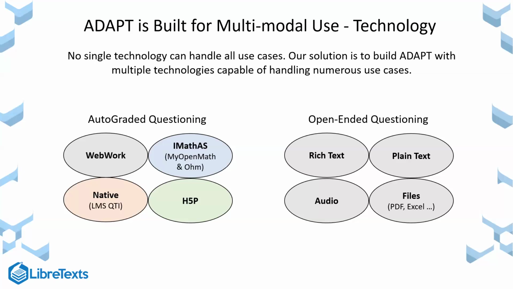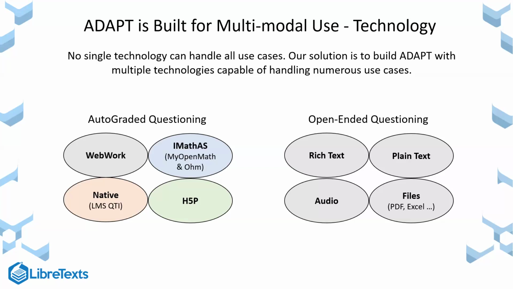The technology able to handle questions in chemistry is very different than the questions that are in economics, or accounting, or anatomy and physiology and such like that. So instead of relying on a single technology, it's better to involve multiple technologies that have different benefits and different attractions and fold it all underneath the same umbrella. This is similar to how learning management systems operate, where they have multiple vendors coming in with their additional tools, and they're able to run with that.